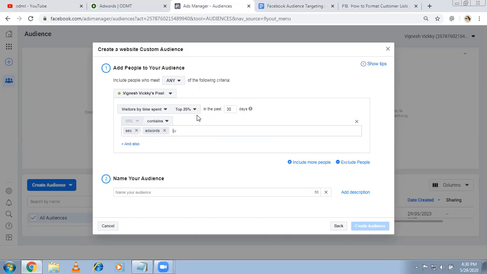So them again and again, I want to show my ad. Means these kind of people engaging more on my website, there is a possibility they're likely to convert. So I'm writing here top 25%. So here I'm adding custom audience for my reference. It's not mandatory that you have to name like custom audience. This is for my reference.